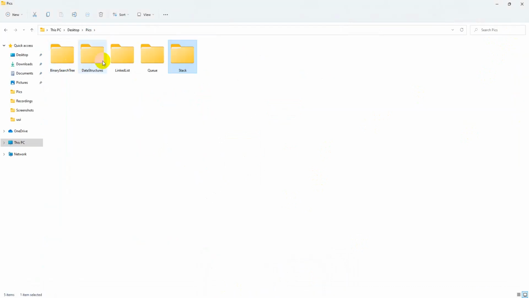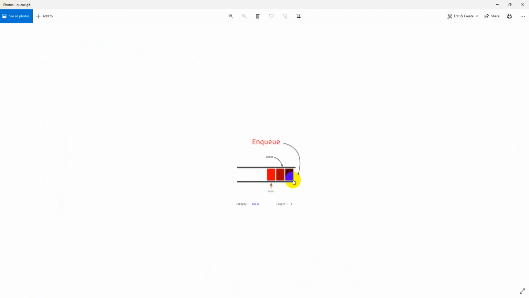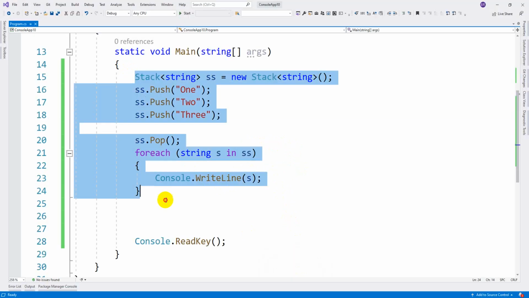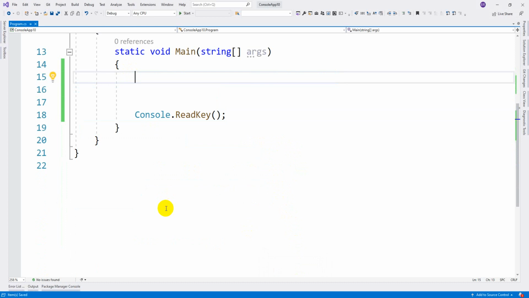Queue is also similar to the stack, but the order of deletion is different. You can see this is a structure where you will have two-side entry. The insert operation is called enqueue and the delete operation is called dequeue. Insert happens like this, and whenever you delete, it deletes from this side. So the first inserted element gets deleted first. We can call it first in, first out.